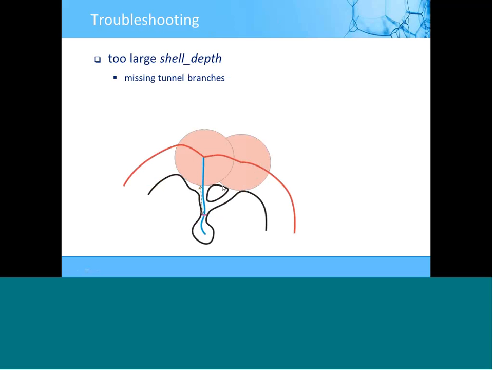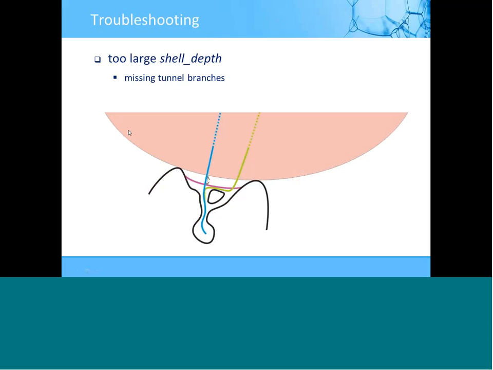So in such a case, just try to decrease the depth somewhere in here, and you will see that the branches will start to appear. And the last case,